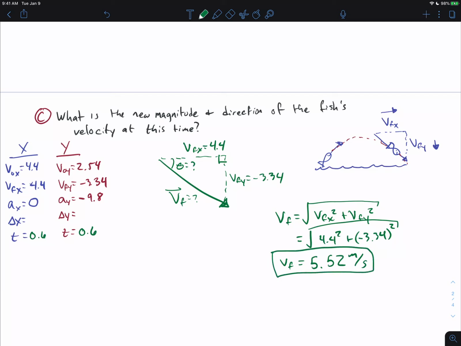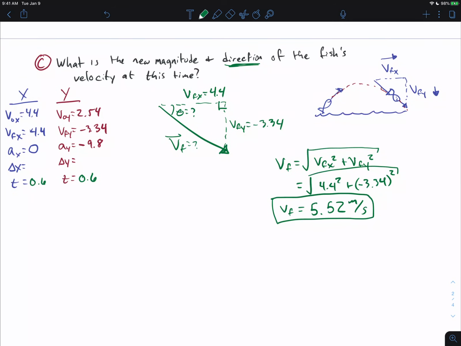Remember, don't get confused by the word magnitude. It just essentially means the amount. What is the amount of velocity that I have, right? So this is telling me how fast I'm moving, and the direction is going to tell me in which direction I'm actually moving. Both of these things combine together for velocity. Okay, so to find my angle,